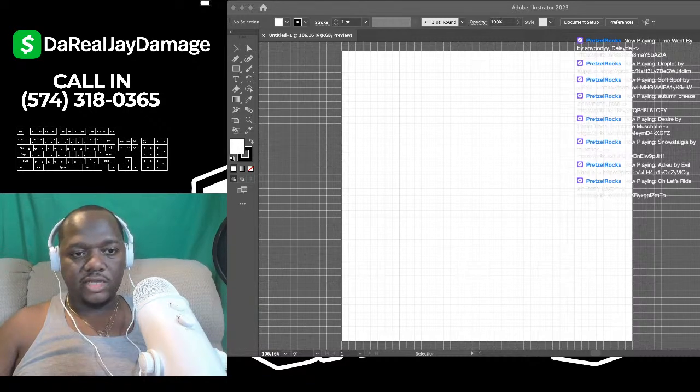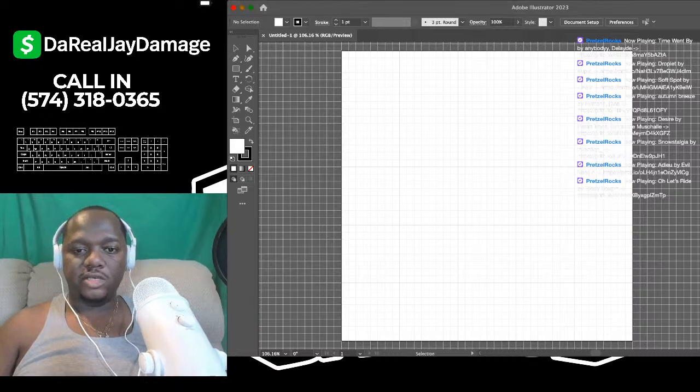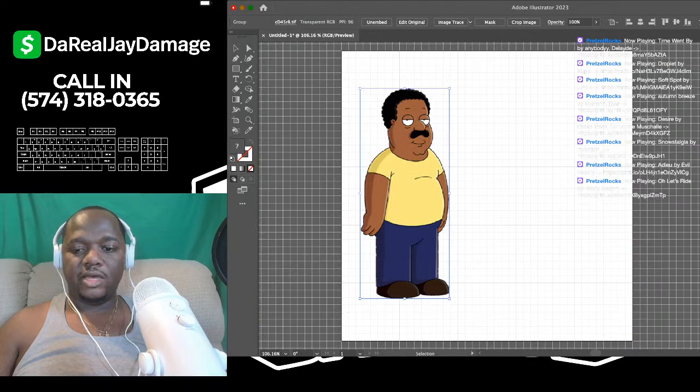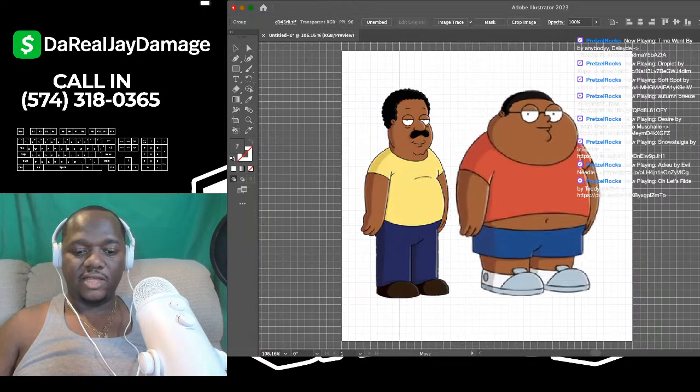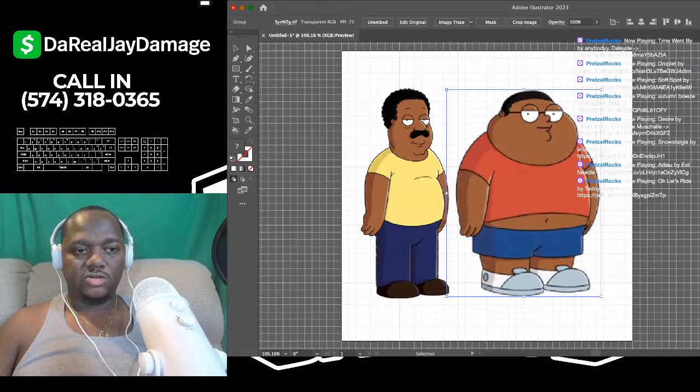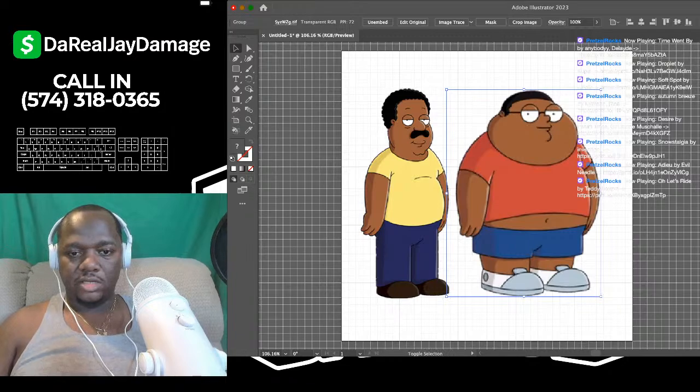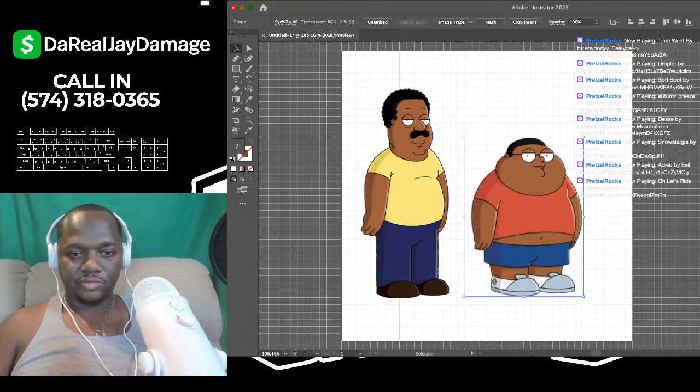I like them because I like the concept of the Family Guy characters. It's only because I personally can tell how they create these Family Guy characters. This is my personal opinion: it looks like they make them on Illustrator. I could be tripping, but I feel like they make them on Illustrator based off the way the characters and everything is structured. It looks like the stuff I use, and it looks like they're doing the line work in the same type of way. So let me go ahead.